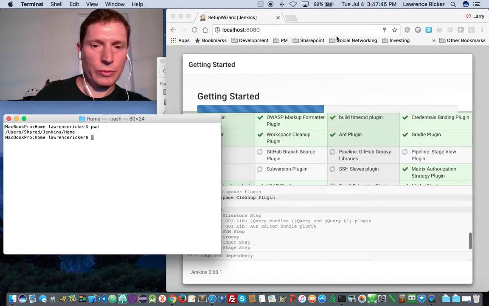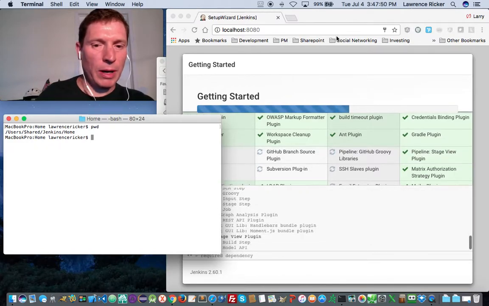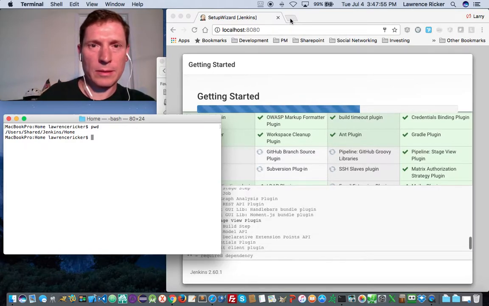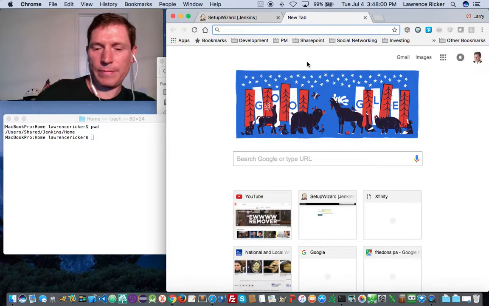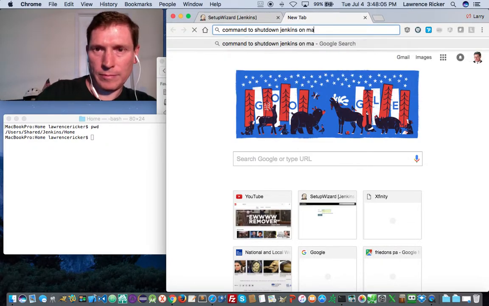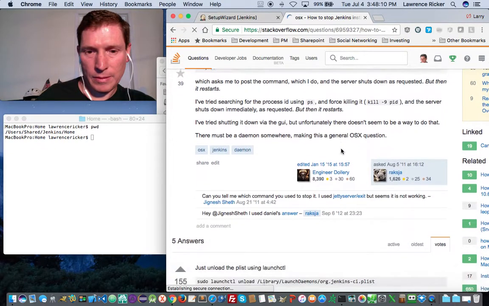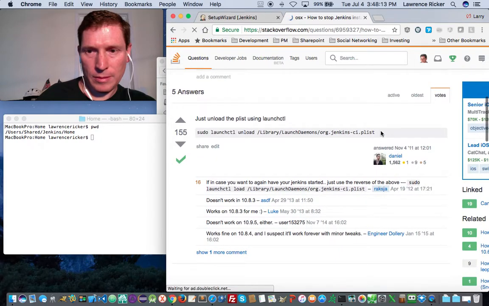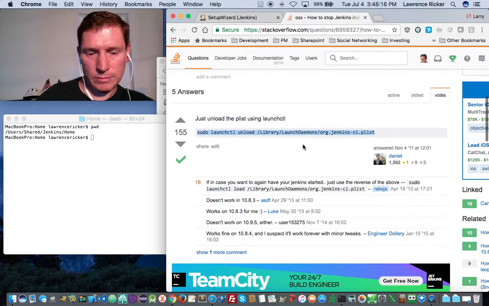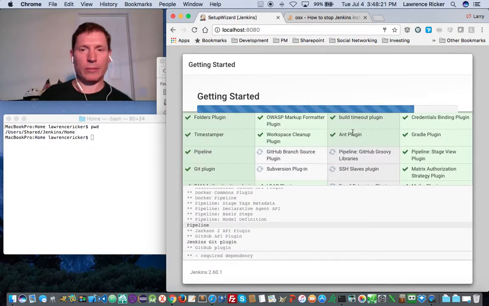In order to relink the home directory to my external hard drive, I'm going to create a symbolic link, but I'll have to first shut down Jenkins. It's this little command. As soon as the install completes,